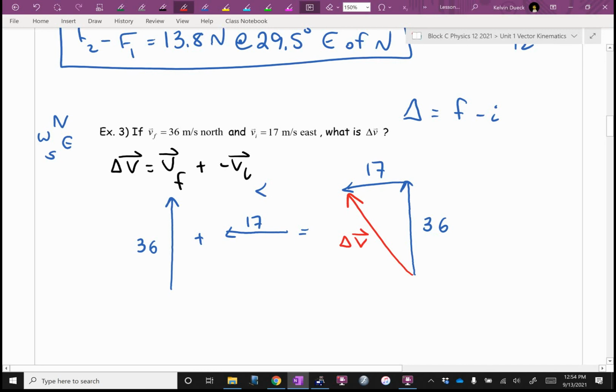Did I say I like this question? I like this question. I should have. Color, color, color. Now I'm good. Delta V, change in velocity, equals